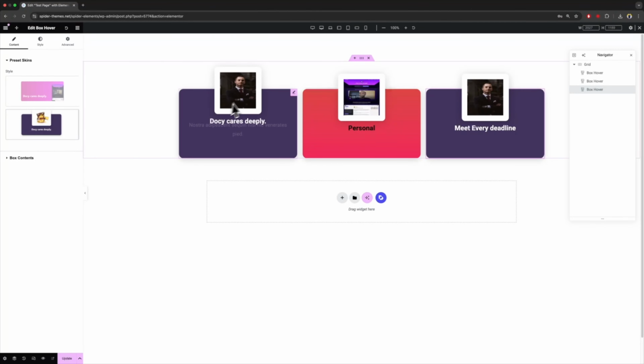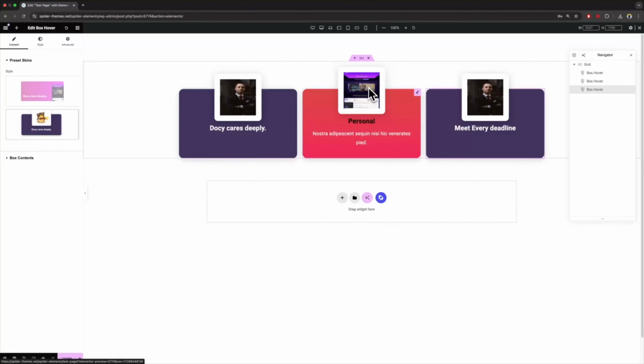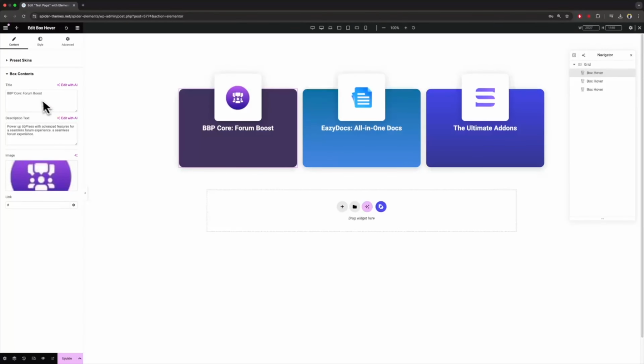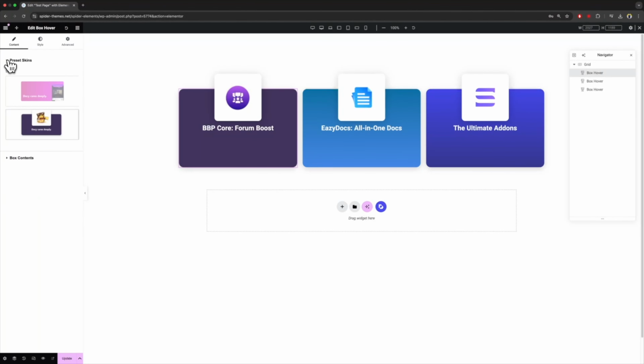There, the image will show from above, and on hover, the image will move up and show the title and description. In the picture, you can lightly see a shadow. You can now effortlessly customize the image, title, and description from the image library, just like with the beautiful preset